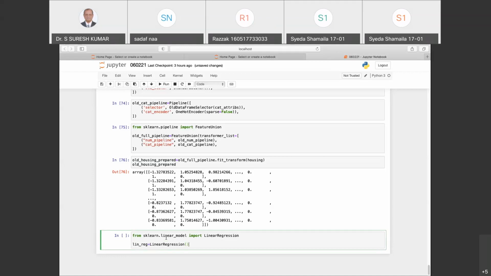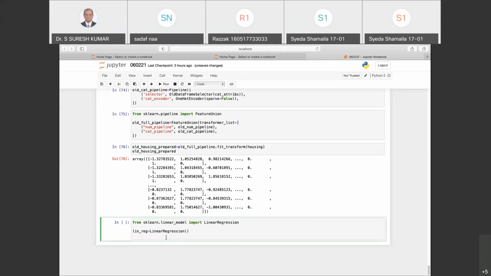This is my model. Whenever you create a model, you have to push in all your data into the model, so that it takes care of all outliers and those things. So I say lin underscore reg dot fit of my housing prepared and my housing labels. That's it. This will help me push all the data into the linear regression model.